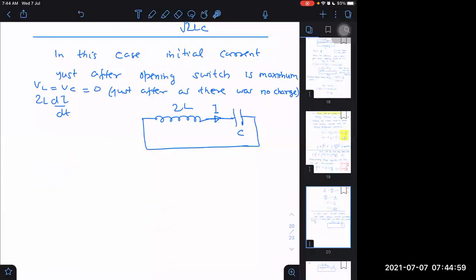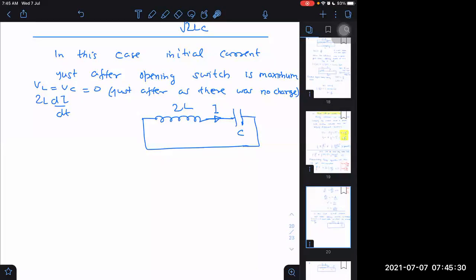Sir, what about the loss of energy, sir? Wait, let me think first. Did you understand what I said? My statement is not complete. What I am saying is, is it possible that this current will charge the capacitor? Then the energy may not get lost, because the extra energy may go into the capacitor. So let me think about it.